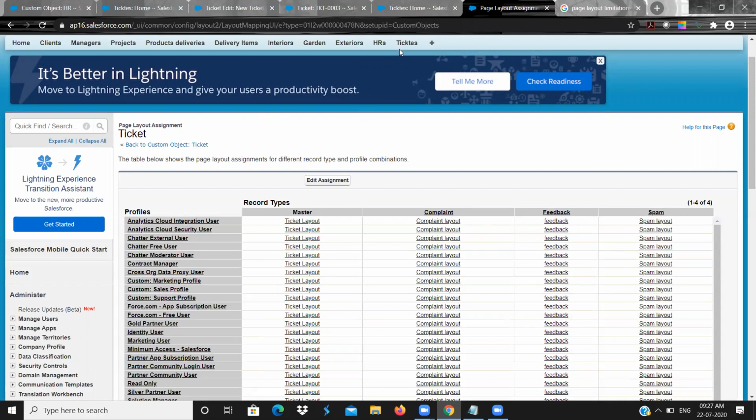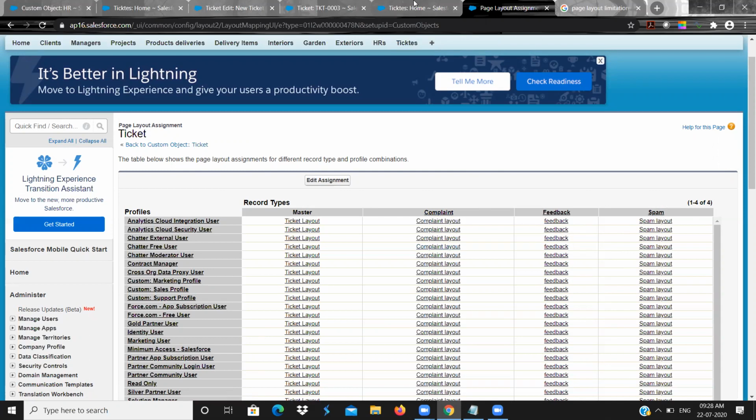And you can make the user, that is the end user, not a system administrator, not a developer, select what record type you want at that time, what page layout you want to have at that time. That is the use of the record type. If the concept of record type is not there, then he needs to create a different object for different reasons. But now we will have only one object. That object will have different record types, based on the business case.